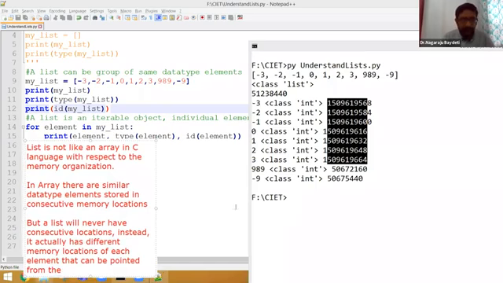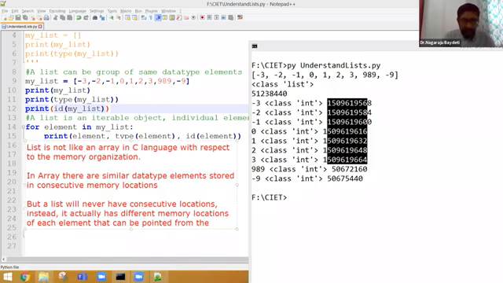For example, my list in this program. The way it has been defined itself is different, but it looks the same. Square bracket is there, same data type elements are there, but it is exactly not like an array in C language.